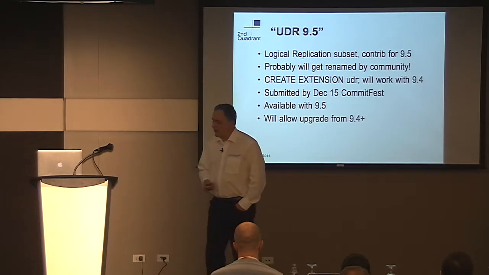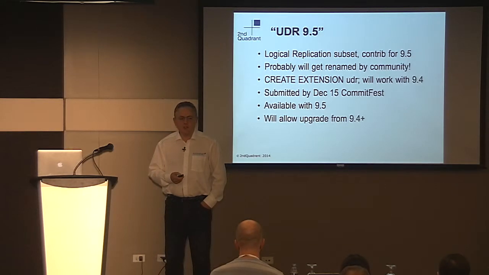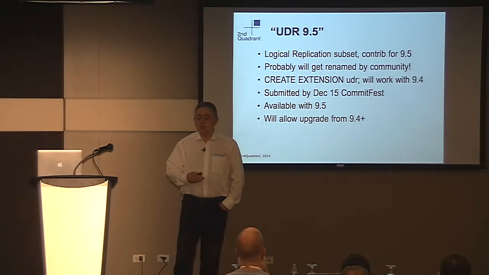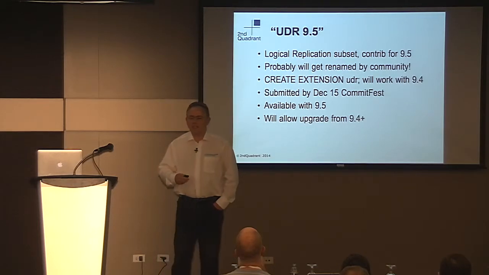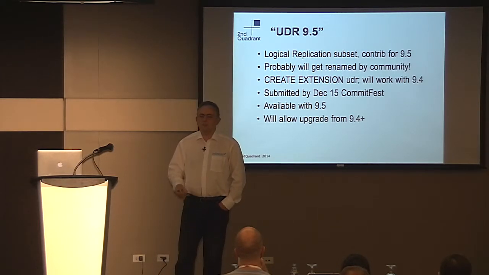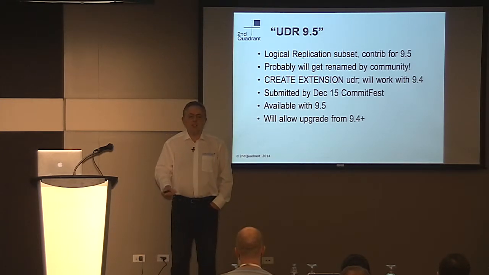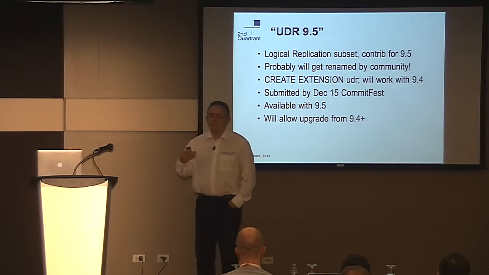The third thing that we're working on is possibly able to be called UDR 9.5, and this is a version of UDR that won't work with 9.4. It requires things that are in 9.5 to work. So this is a slightly changed version of UDR that is a submission for use with 9.5. Okay. Subtle difference between the two. Basically, what we're saying is UDR is a module that you'll be able to use fairly soon in production. UDR 9.5 is the kind of future version that you'll be able to use in the long term.